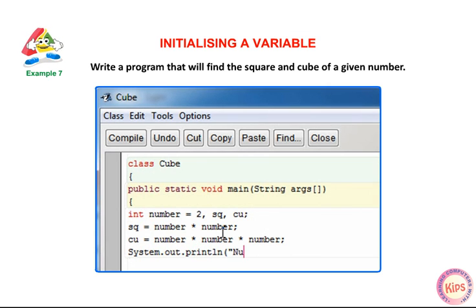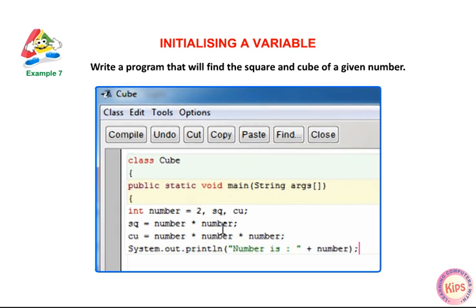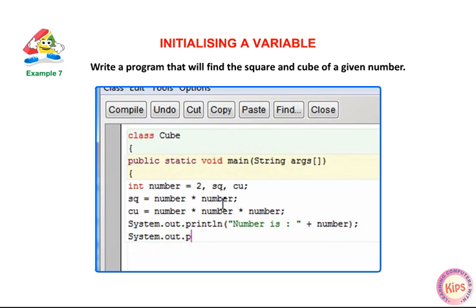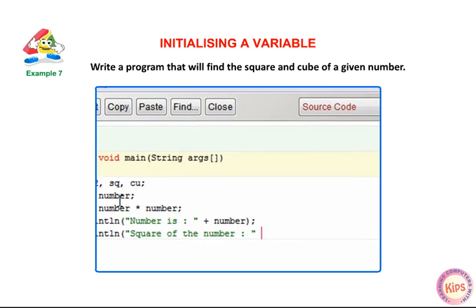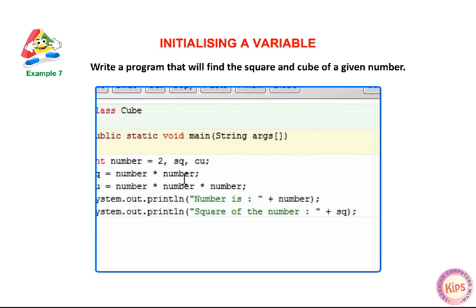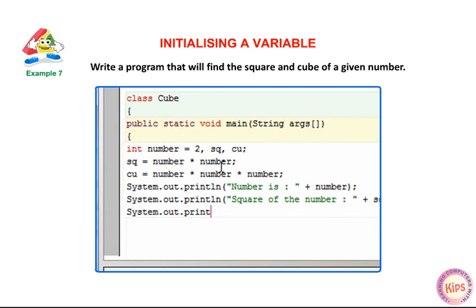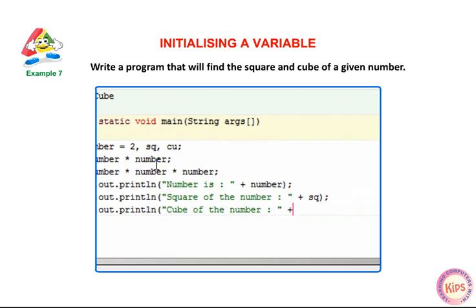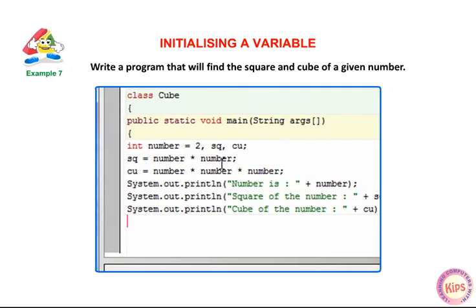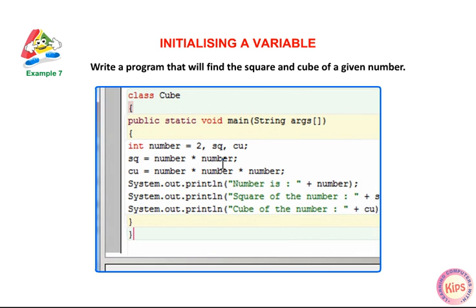System.out.println("number is: " + number); System.out.println("square of the number: " + square); System.out.println("cube of the number: " + cube); } }